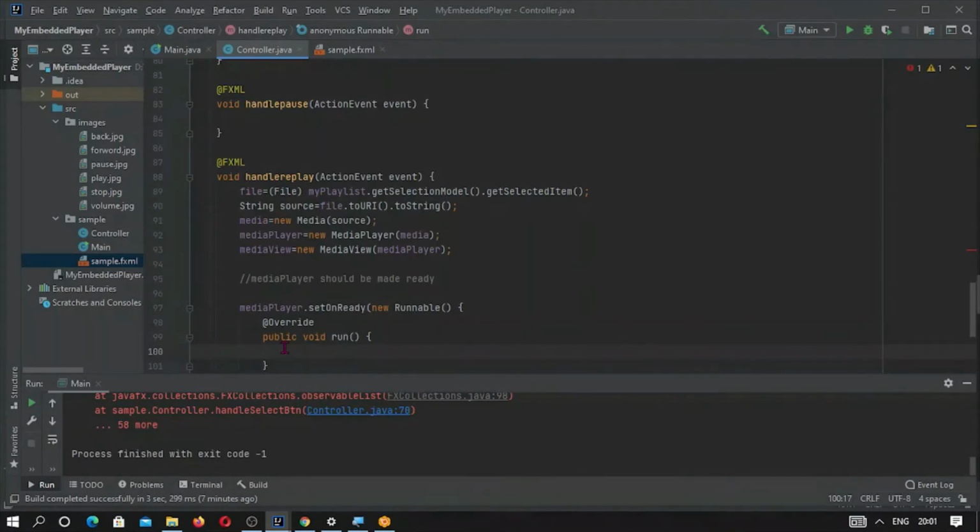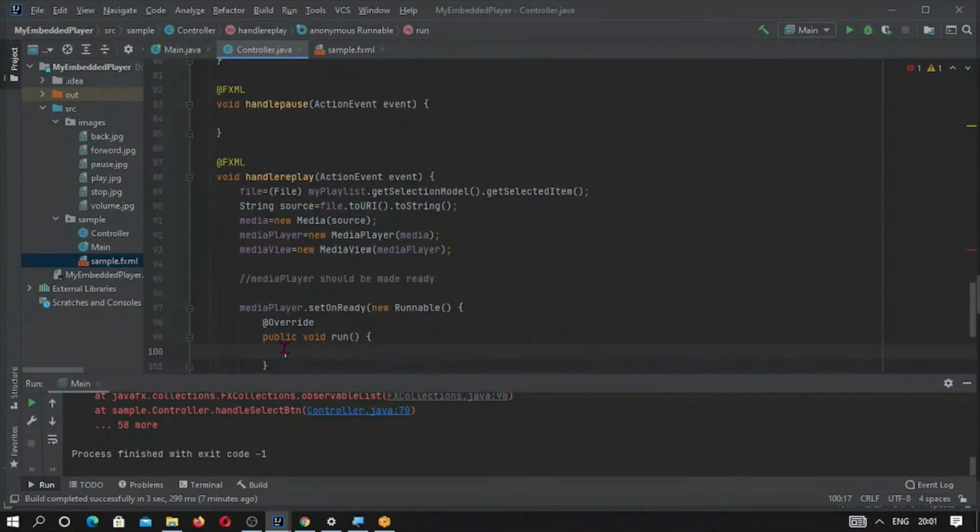So what we want to do here is make the media player ready, and once it is ready, we can set the media property. Once the media player is ready, it will analyze and explore the media, its end time, its metadata, and all these things.